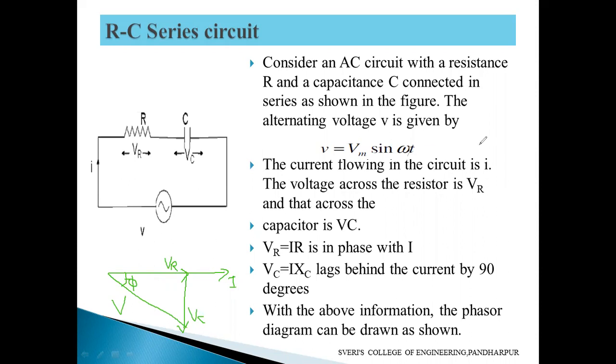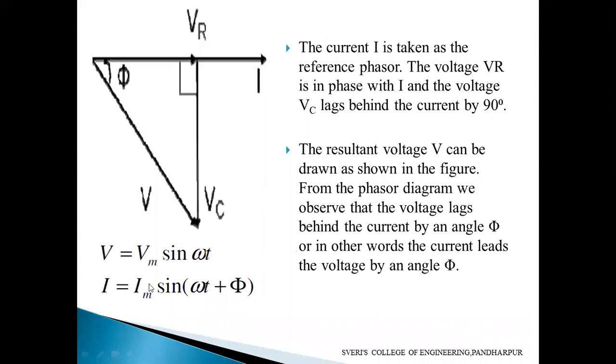So this is equation number 1, the voltage equation, and the current equation we can write as plus phi. We have to add here now. I equal to Im sin omega t plus phi. This is the phasor diagram we have to draw here now. So the voltage equation is over, the current equation is over, the phasor diagram is over now. Next, these two equations we got here now. So we can draw the waveforms now. From the equations we can draw waveforms easily.